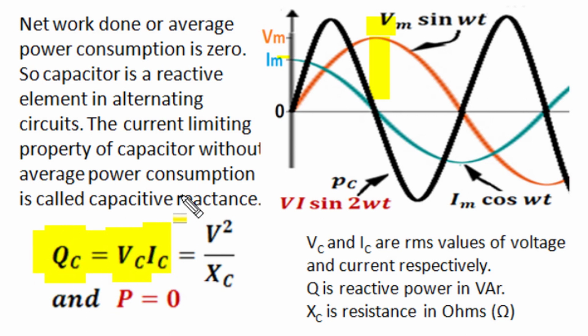Reactive power is measured in volt ampere reactive, and since capacitor current is voltage divided by capacitive reactance, we can also write reactive power as V square upon Xc. And in such a circuit where current leads voltage by 90 degrees, average power or active power is 0 and all power is reactive power. Such a circuit property which opposes alternating current flow and demands proportional voltage for current flow